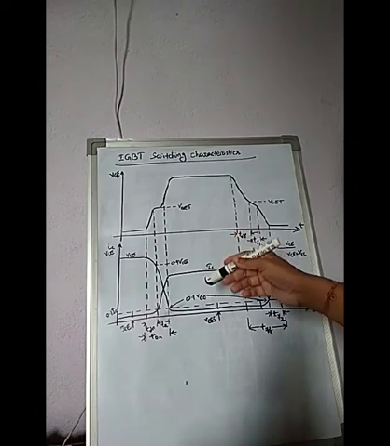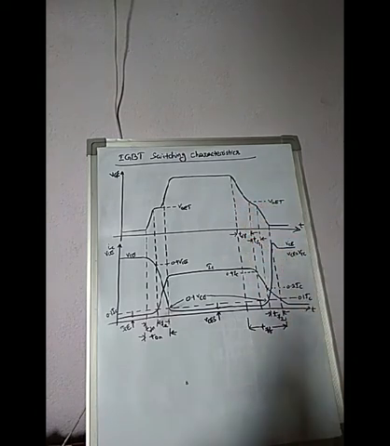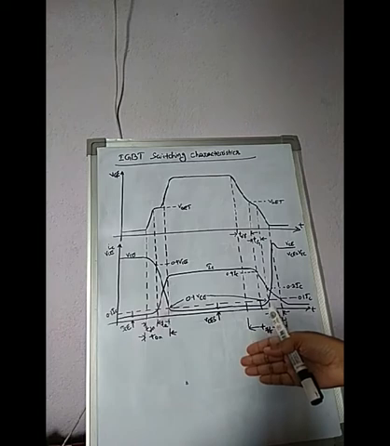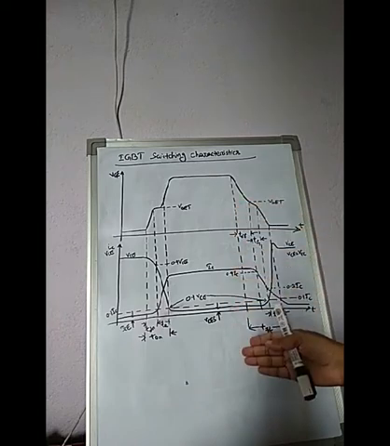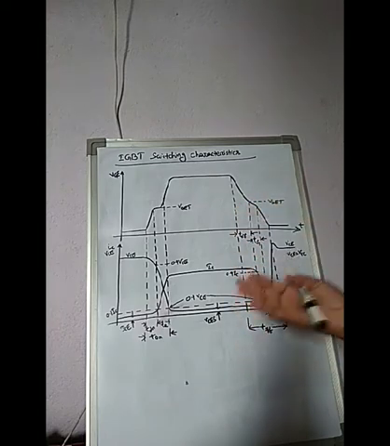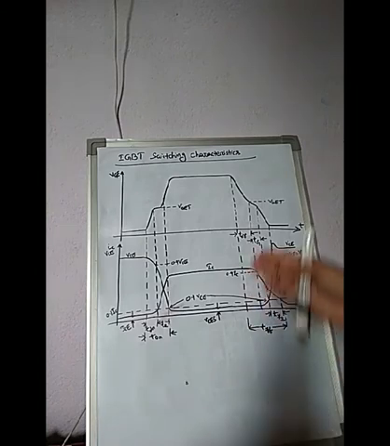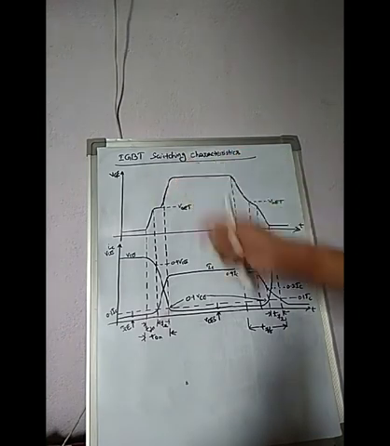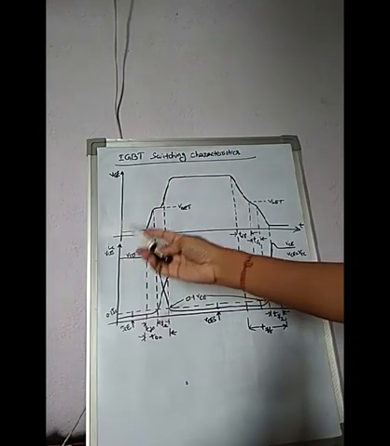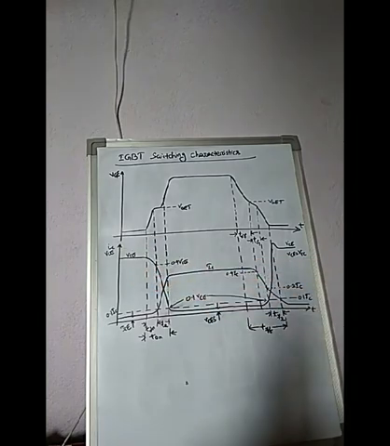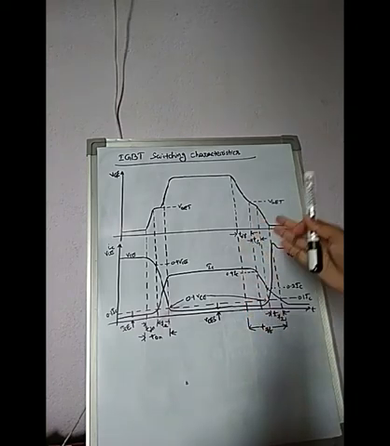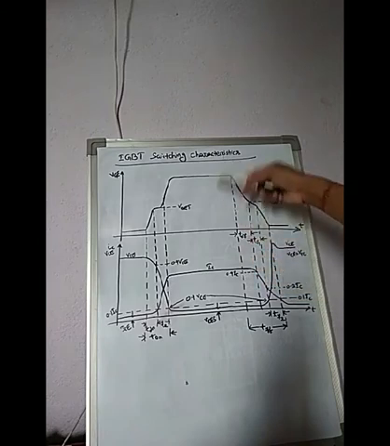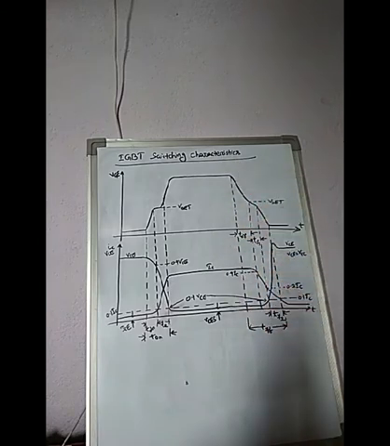So next come to switching characteristics. Switching characteristics means we need to study the variations in the different parameters during turn on and turn off of a device. So here the different parameters are gate emitter voltage VGE, IC collector current, VCE collector emitter voltage. Okay, so these are the parameters. So switching characteristics of an IGBT during turn on and turn off are sketched here. This is the switching characteristics.